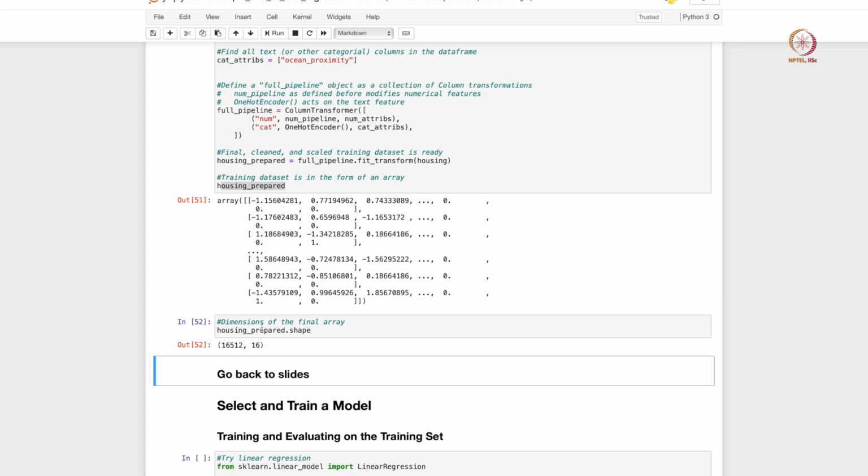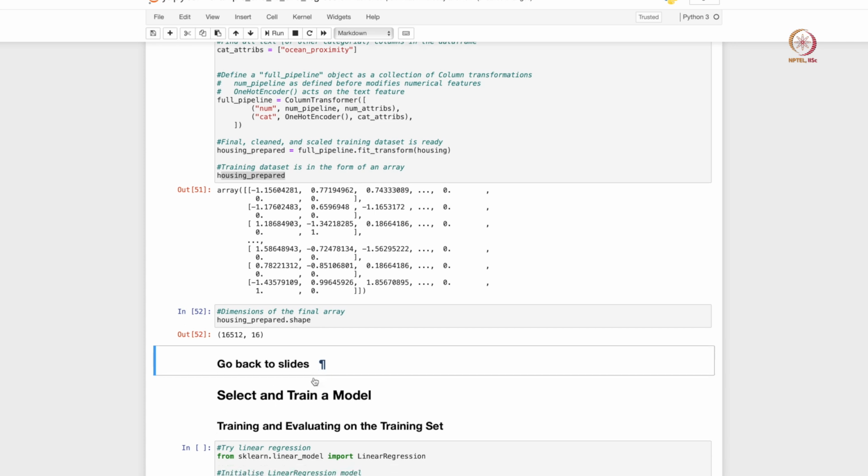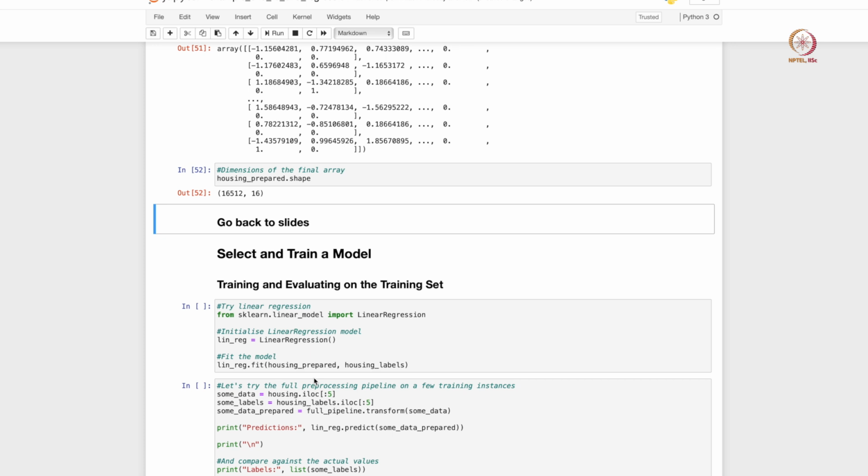There are 16,000 rows, and there are 16 columns. The 16 columns also include the one-hot encoding columns, so those are 5 columns, and you have the 3 new attributes or features that you added. So there are 8 new columns that have been added into your data frame here. That's why you have more columns than you had at the starting of this exercise. Okay, let's now go back to our slides and look at how to train models now.